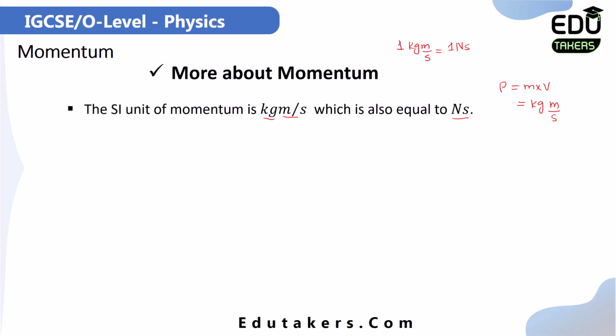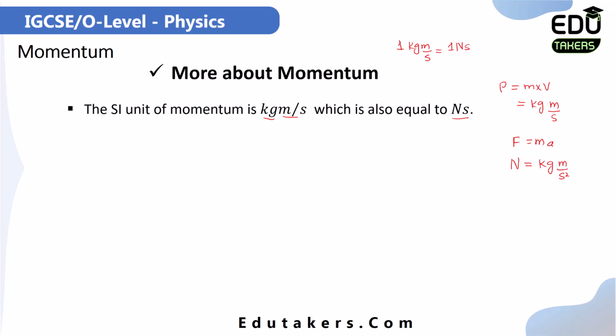How do both of these units become equal? First of all, for that you have to know about the Newton. What is meant by Newton? Newton is basically the unit of the force, and according to the second law of Newton, F is equal to ma. Here F is a force, and force is measured in Newton. It would be equal to the mass measured in kilogram, and you know the unit of the acceleration, which is meter per second square. Here is the unit of the force, which is Newton, and its value in terms of SI units.